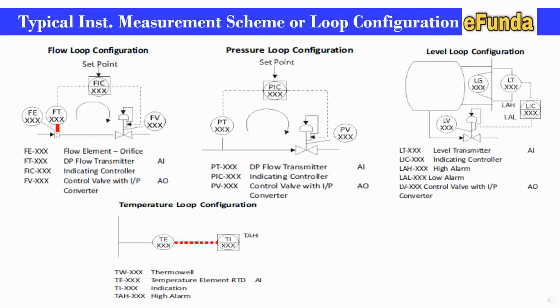On the P&ID, generally it's shown as a temperature element connection to the temperature indicator in the remote or in a control room. However, to protect the RTD element or a thermocouple, one should install a thermowell in the pipe, and that will require the arrangement TW, that is a thermowell, and a temperature element, as an RTD or a thermocouple. In our case, we have chosen an RTD having analog input to the controller, that is for indication purpose, and TAH, that will be the high alarm. This is how the temperature loop is formed.